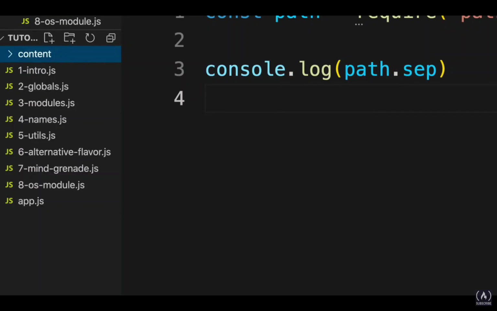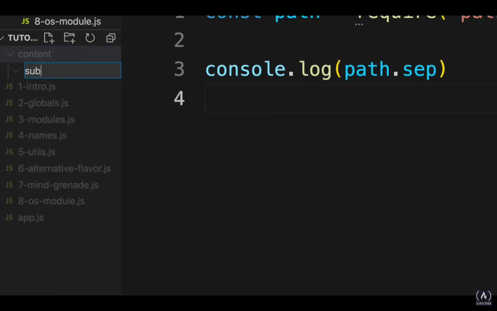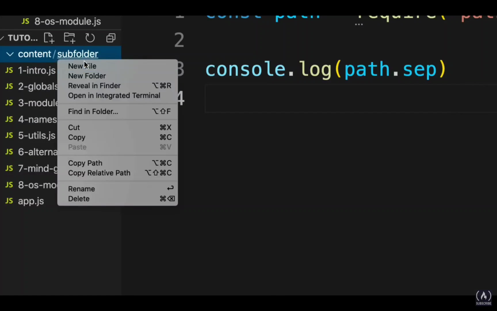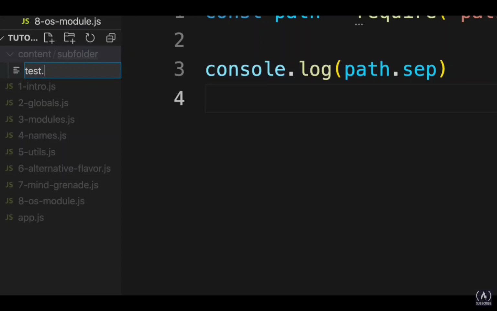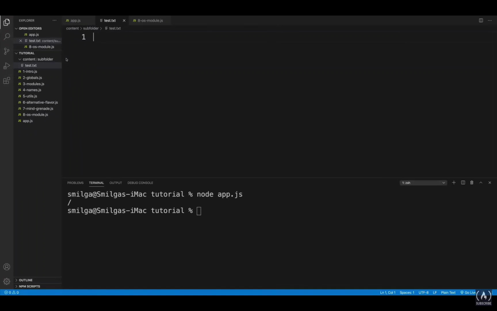I'll zoom in and I'll say content. And inside of this content folder, I'll create another one. And I'll simply call this subfolder. And in this subfolder, I'll create a test text file. And inside of the text file, I mean, you can place something, you can omit it, doesn't really matter. I'll just say text and then .txt. And once we save it, back in the app.js, now I would want to use that